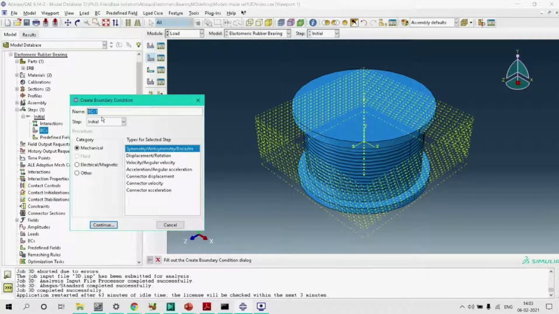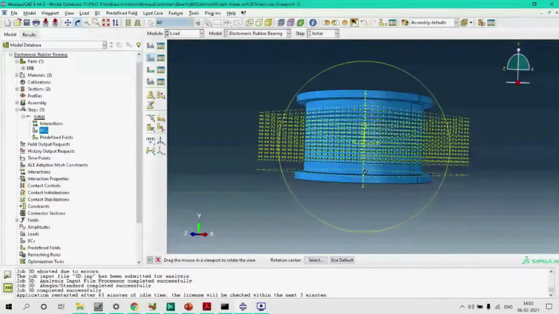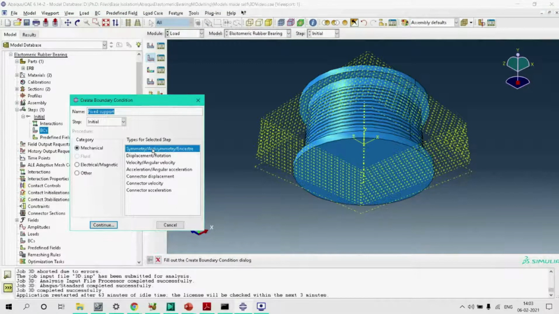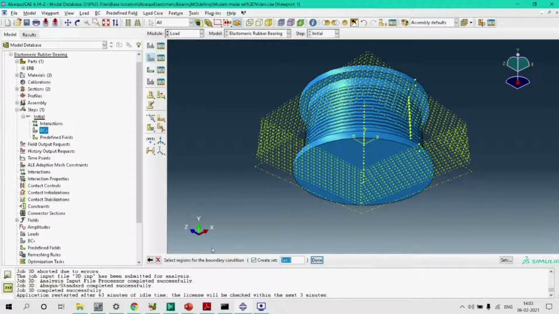Let's name it fixed support, and let's select the domain over which we have to apply the boundary condition. Our model is a symmetric case, and it is asking us to select the surface or the domain where we have to apply the boundary condition.